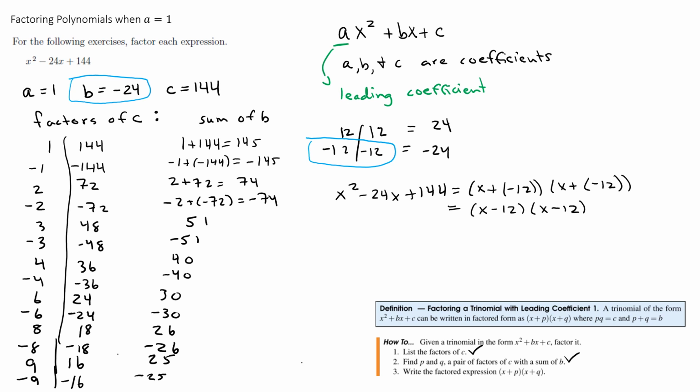Alright, so the main thing on this one here, if we've got a leading coefficient of 1, then we should be able to list the factors of c, and when we find the sum of those factors that's equal to b, then we can rewrite it in